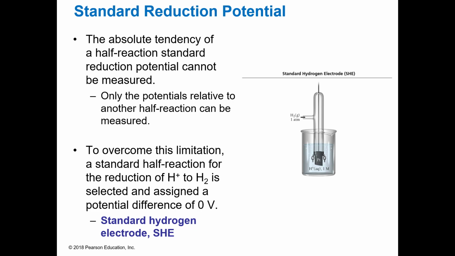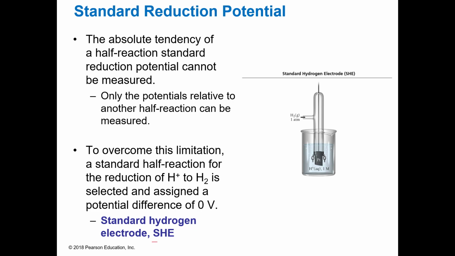And so, if any oxidation or reduction is occurring, it is based solely on the other substance and not on another substance. So we have to have a defined electrode that we're going to say has 0 voltage. And we know that's not true, but we have to have a reference point, just like we have to have sea level. So the reference point for all electrochemical cells is the standard hydrogen electrode,